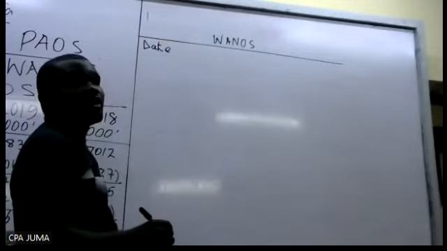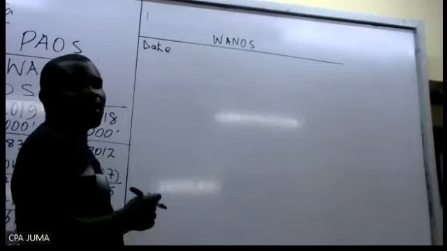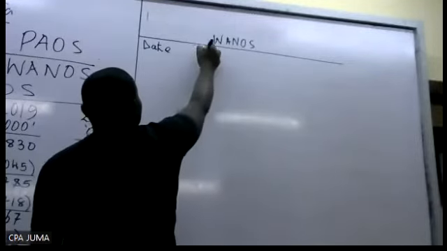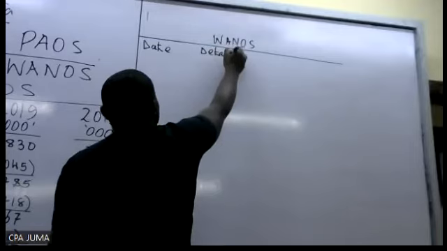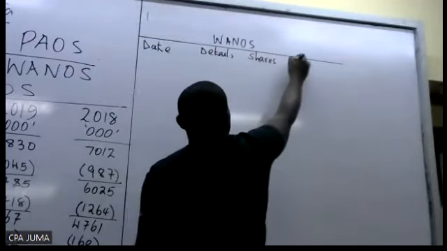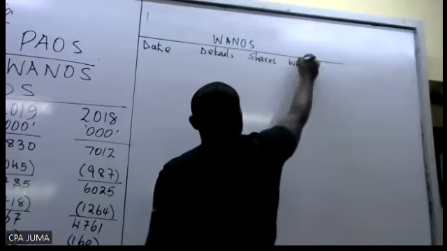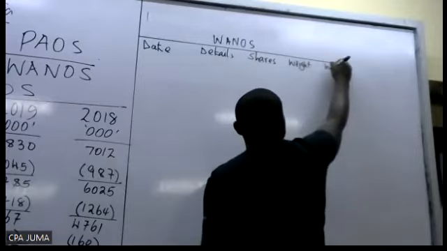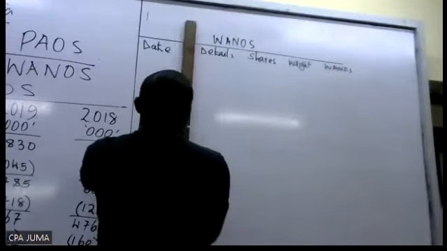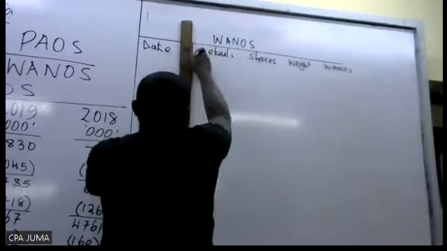You say details, followed by shares, weighted shares itself, then EPS at the end. So have that. I don't think it's that long, so don't extrapolate the lines that much.